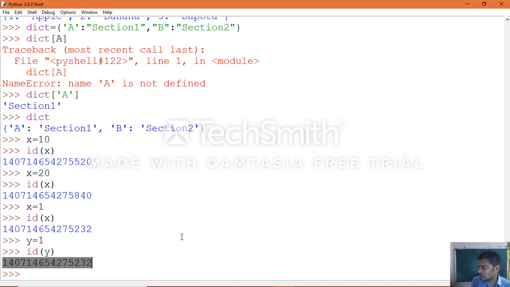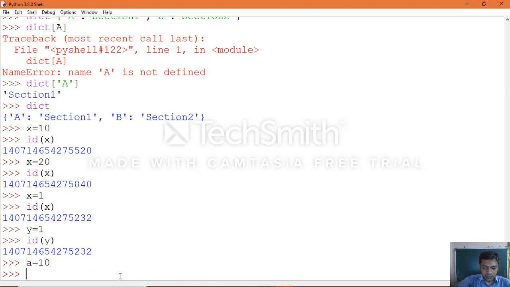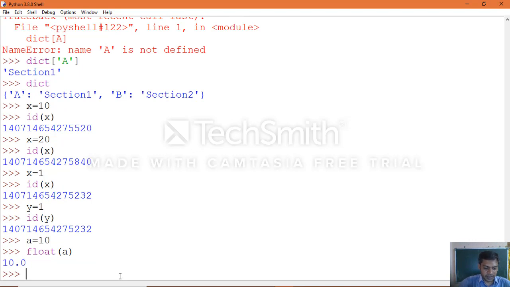Now we know all the data types you can make use of and how you can check the type. One more thing to see: for example, a equal to 10, which you want to convert with float of a, integer to float, yes, it will be converted.